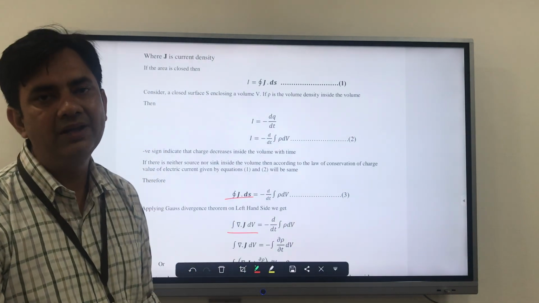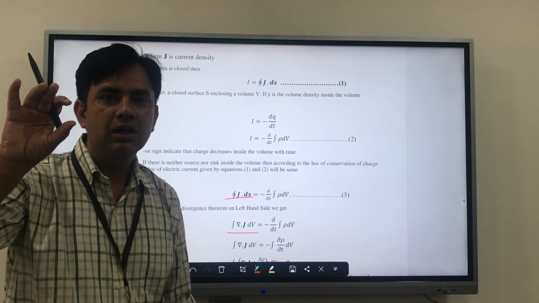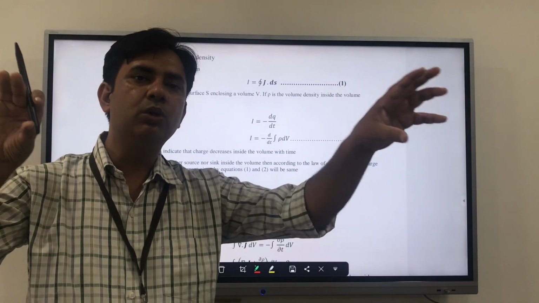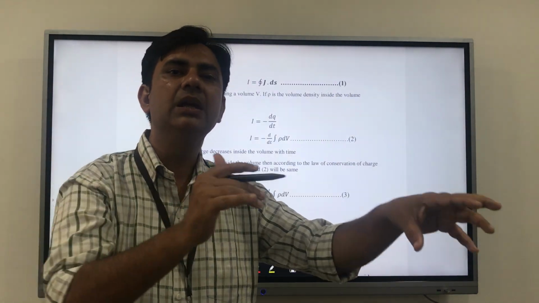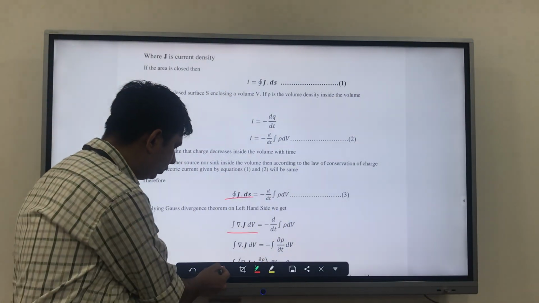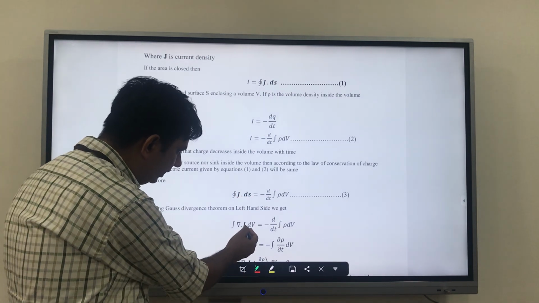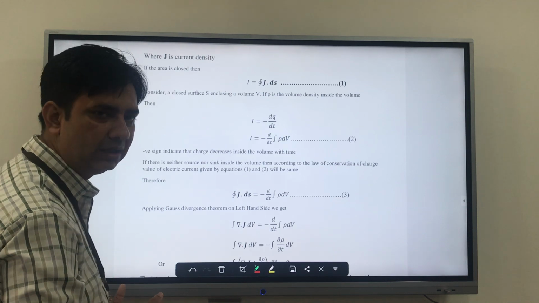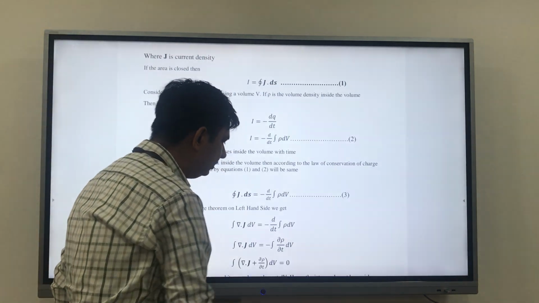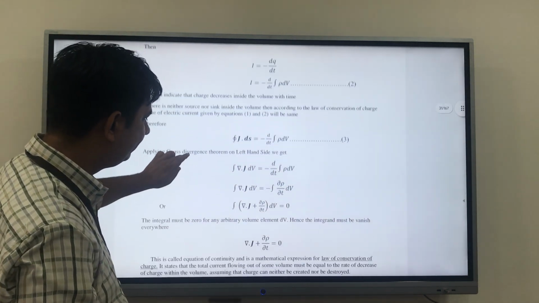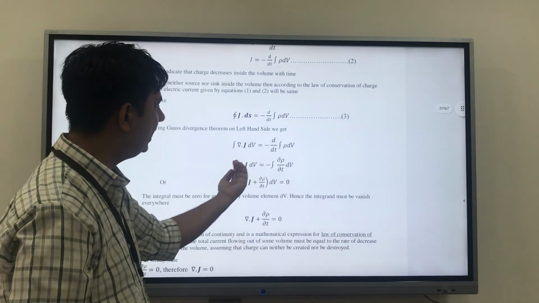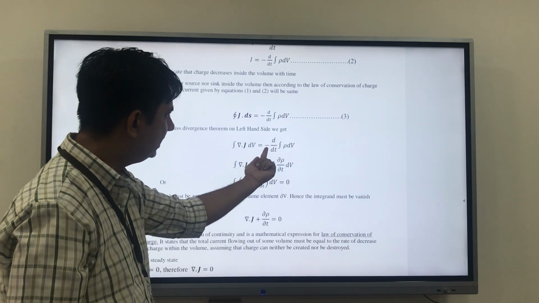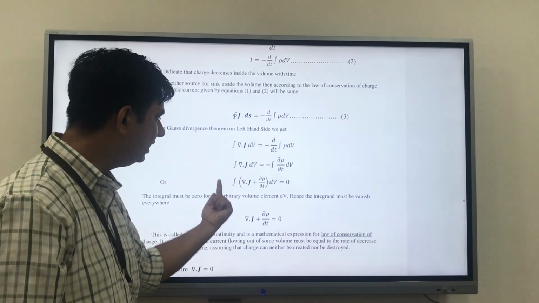And why have we done it? We have put dv on both sides so that the calculation can be very easy. So what will we do? See, del dot j dv. We will take everything to one side, and what we get is that this minus gets converted into plus, and